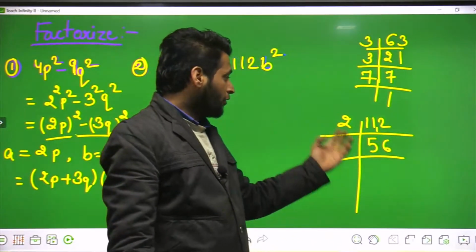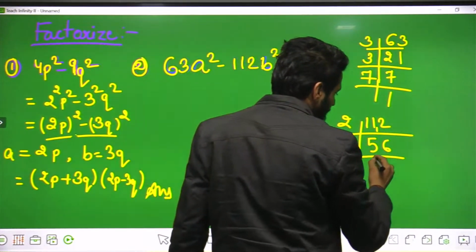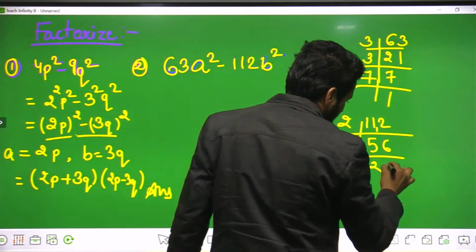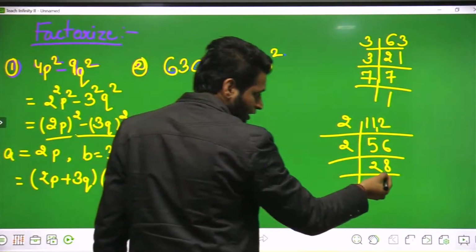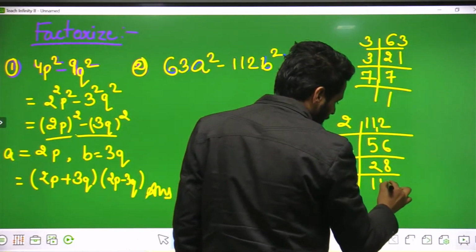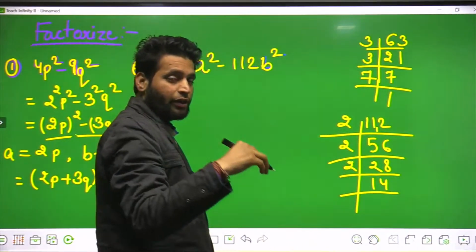So when we divide by 2, we get 28. Again we can divide 28. You can see the unit digit is 8, so we can say that it will be 14, and again there is a 14. So again we can divide by 2, it will be